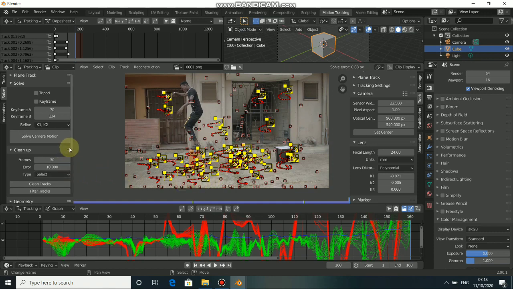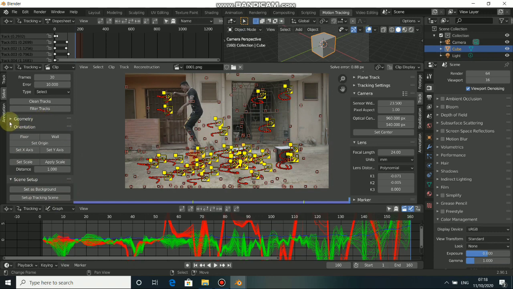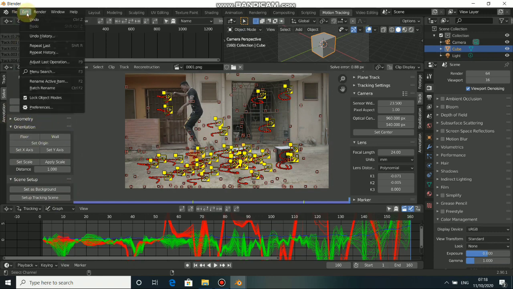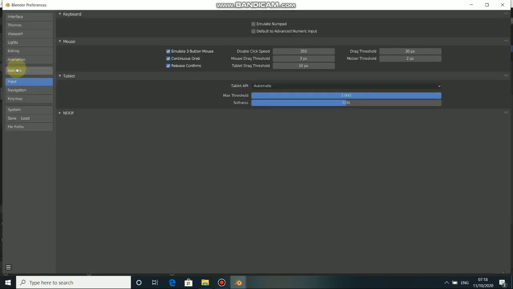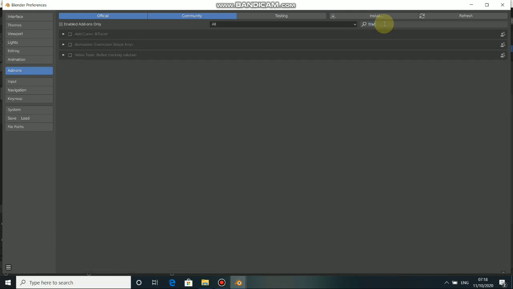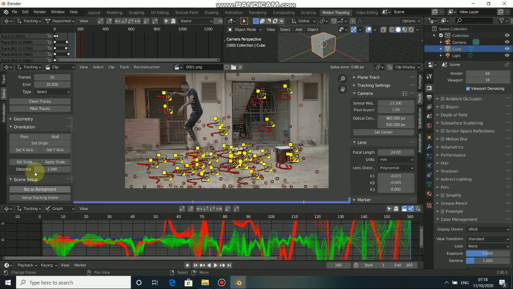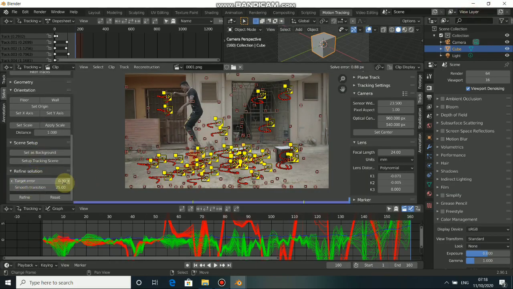And I want to quickly show you one thing. When you come down here to scene, let's go to edit, choose preferences, then come to add-on. Now press tracks. Now you click on video to refine track solution. Click that. Now you need to save this. Okay, that is done. Now come back here, scroll down. Now you see refine. Okay, now let's click on this refine